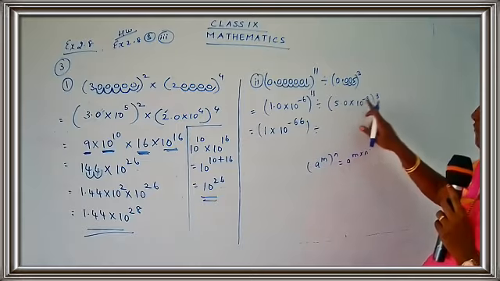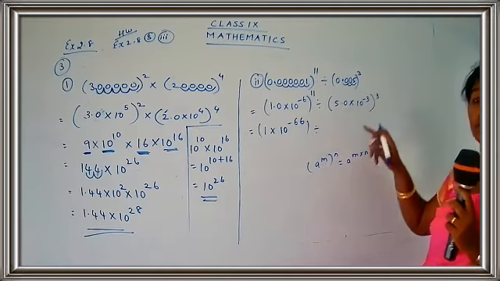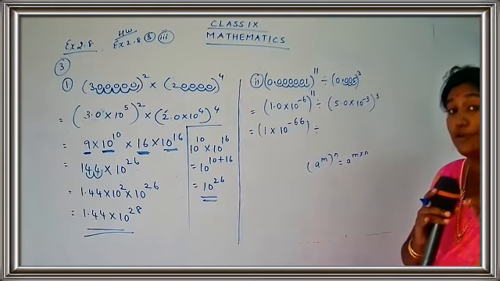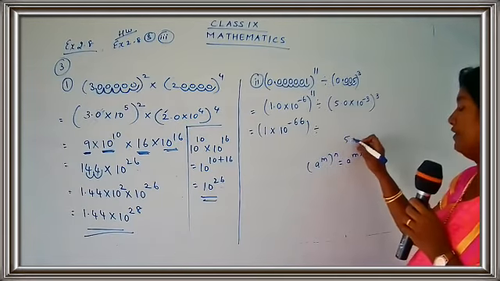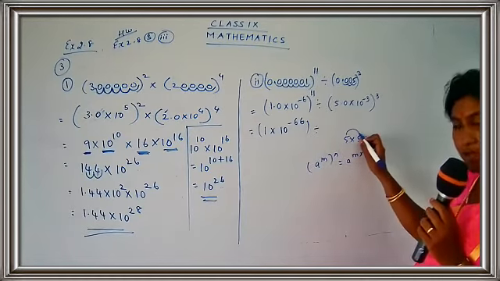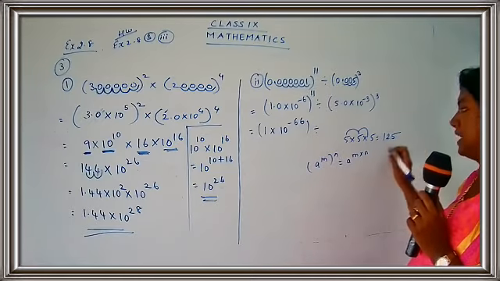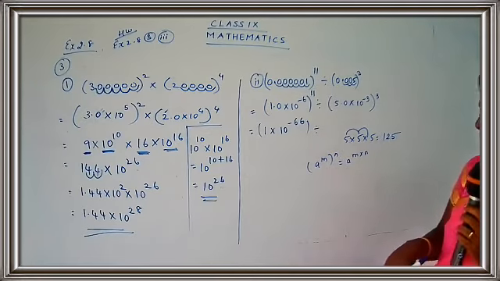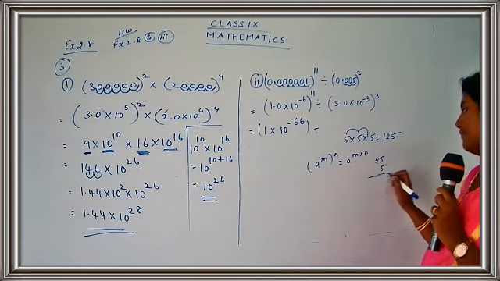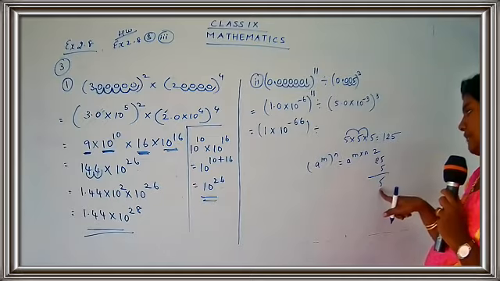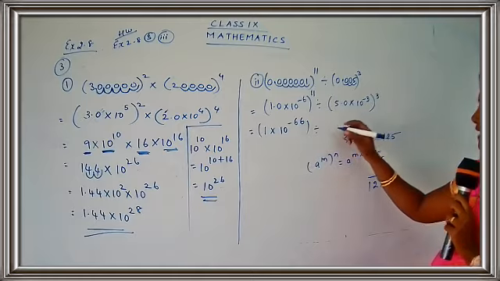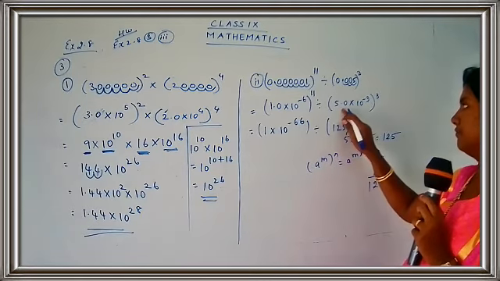Now this is 5 cube. So 5 into 5 into 5, 3 times. Do not write 15. Okay, children. What is 5 into 5 into 5? 5 5s are 25. 25 5s are 125. You can just go for multiplication. 5 5s are 25, and 25 into 5 gives you 5 is 25, carry over 2, 5 2s are 10, 10 plus 2, 12. You get 125. Okay, so 5 cube is done.